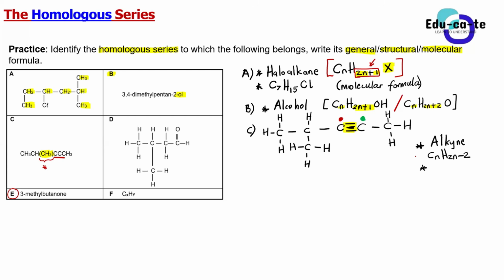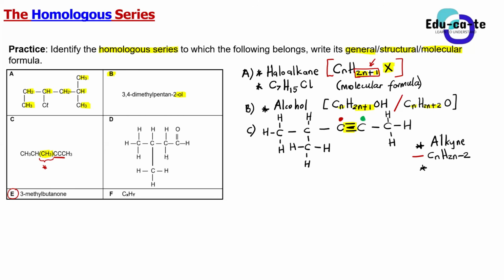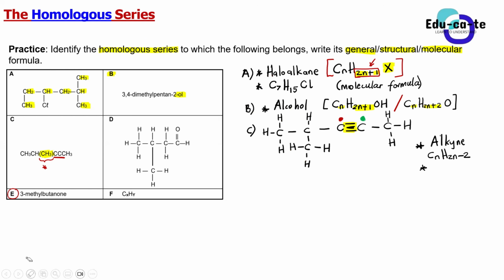Okay, this student says that you can use the general formula, but guys, by the definition of a molecular formula, how can we find the molecular formula using this structural formula? Let me ask again, because I did this as an introduction. You guys claim to understand. What did I say a molecular formula is? Let's hear Orif. A molecular formula is the specific atoms in a molecule and how many of each atom there are in the molecule.